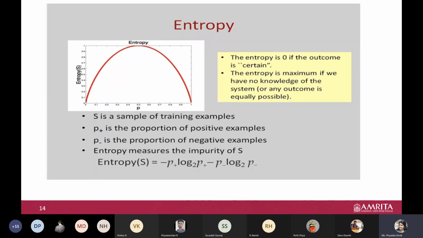Always remember this point: when we talk about a 2 class problem, positive samples and negative samples, if all instances are positive examples, then of course entropy is 0, or if all instances are negative, entropy is again 0. It is high only when you have an equal number of both samples. With other proportions, entropy would be somewhere between 0 and 1. Okay, so that is how it is.